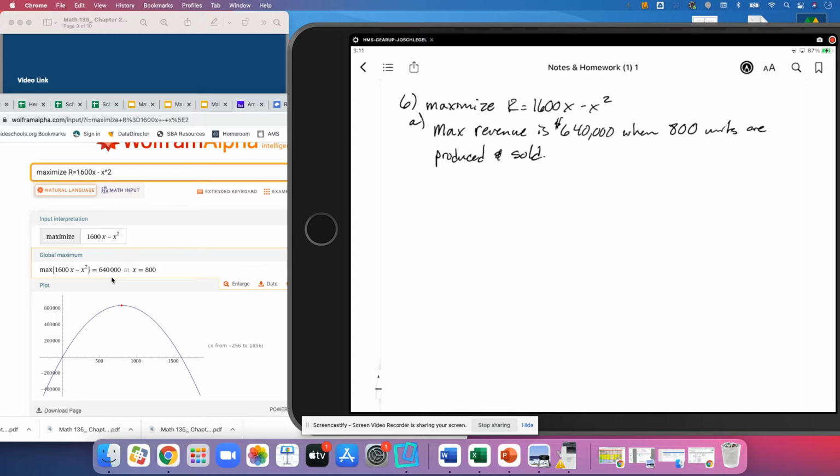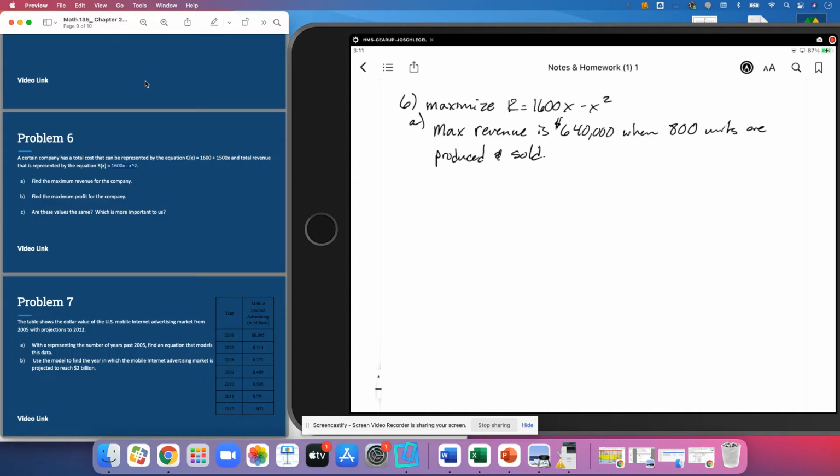Now I'm giving away the answer for part C here, everyone, but no one cares what your maximum revenue is, because revenue without cost means nothing. We do care quite a lot about the profit, though, and so we need to remember for part B that our profit function is equal to the revenue function minus the cost function. So profit,